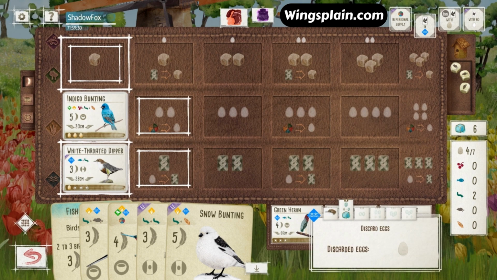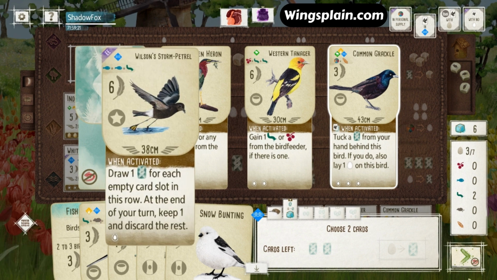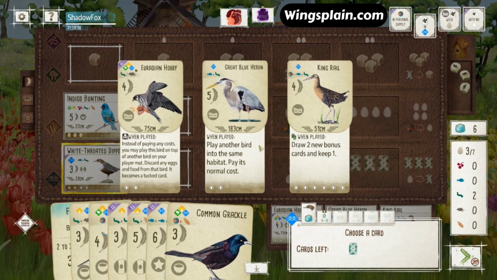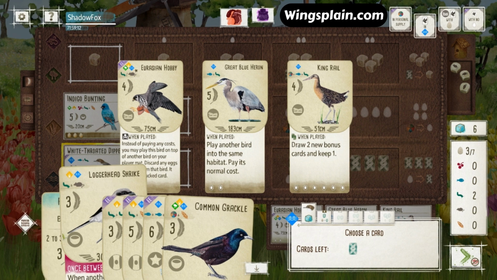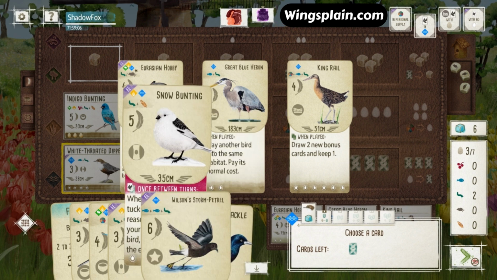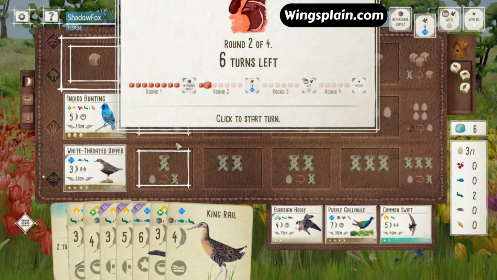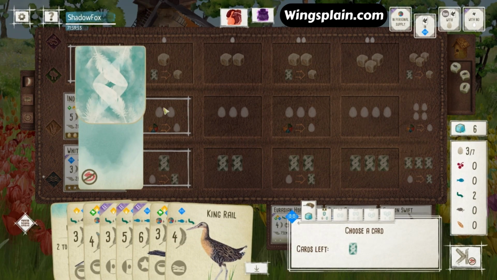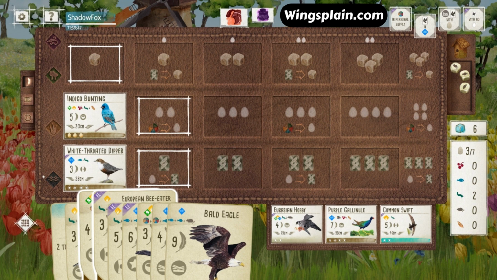Let's spend the egg on the extra card. Green heron, not desperate enough for that yet. Petrel's good. Let's see. King rail is good for egg space. I think we'll take the rail. Free card. Bald eagle's good. Qualifies for fishery manager. Wonder if I don't take the swift here with all these worms I'm going to be